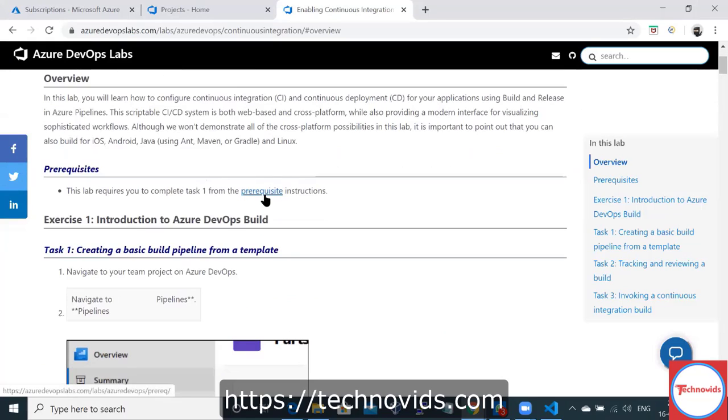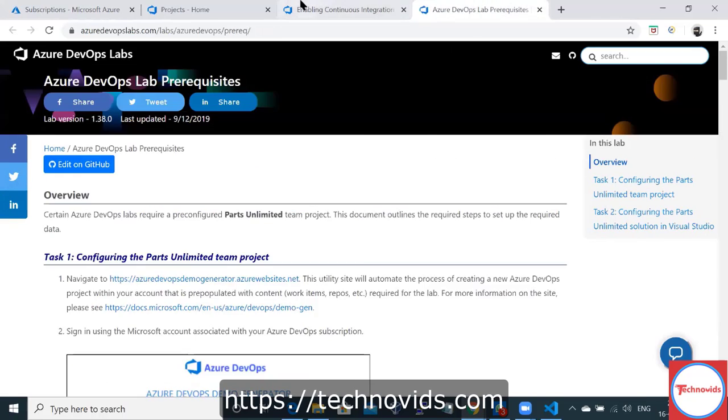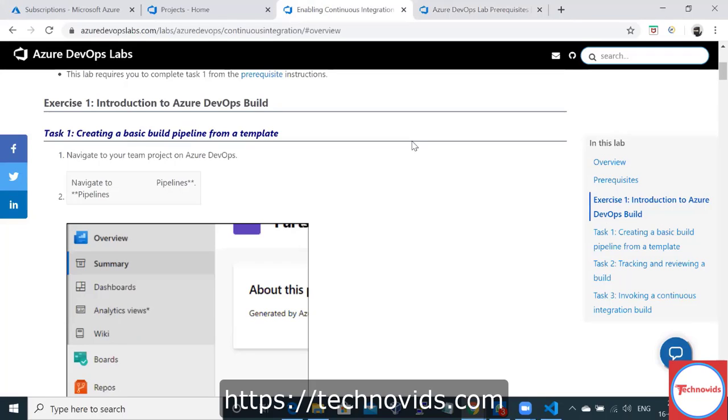So what we are going to do, we are going to perform the prerequisites first. If you remember regarding continuous integration, what did I mention? Continuous integration you can set up in many ways. Either you can make sure that the moment any new commit occurs, you run the continuous integration pipeline so that it can create a new build. Or you can also say that the moment a merge happens in master, then run the build. So we'll see one of them right now.